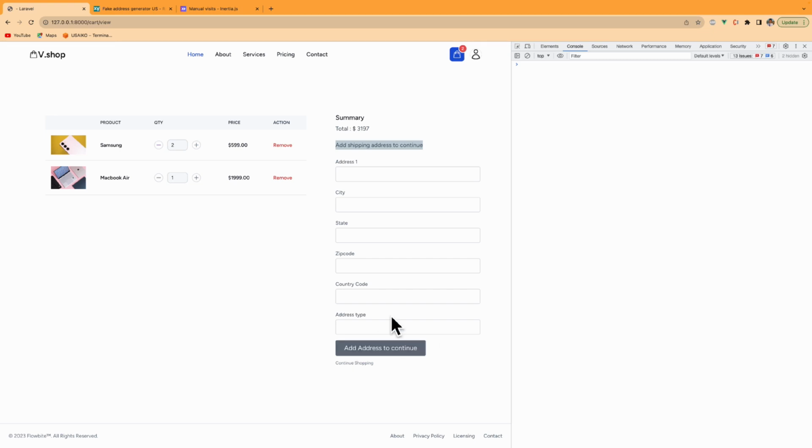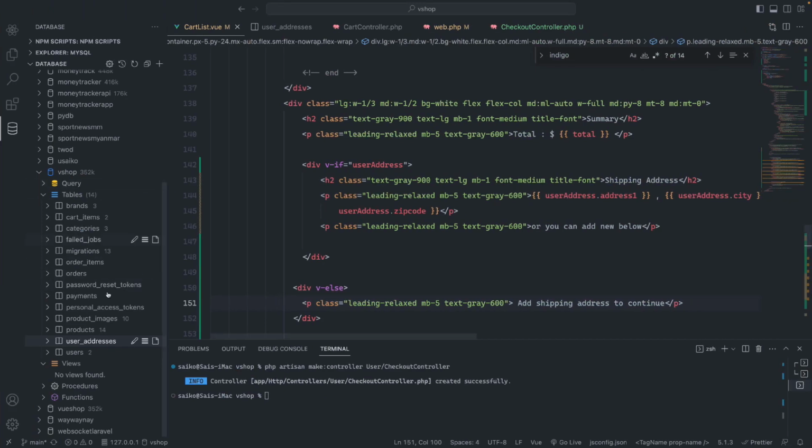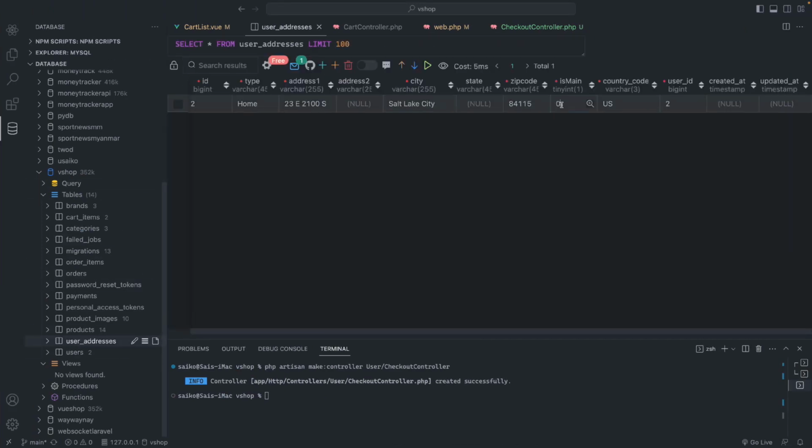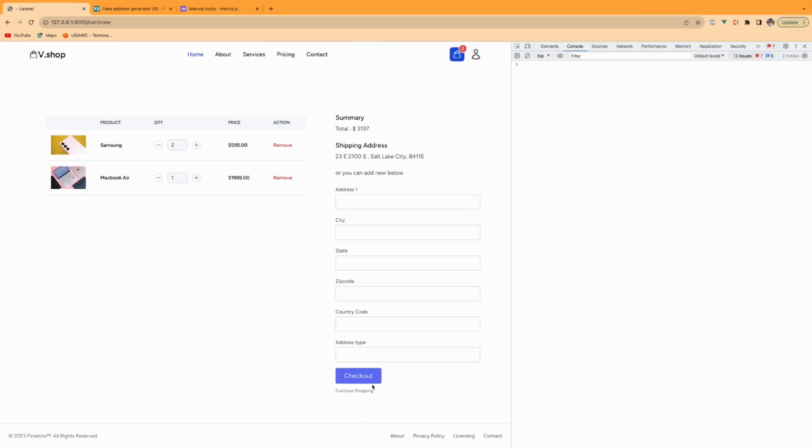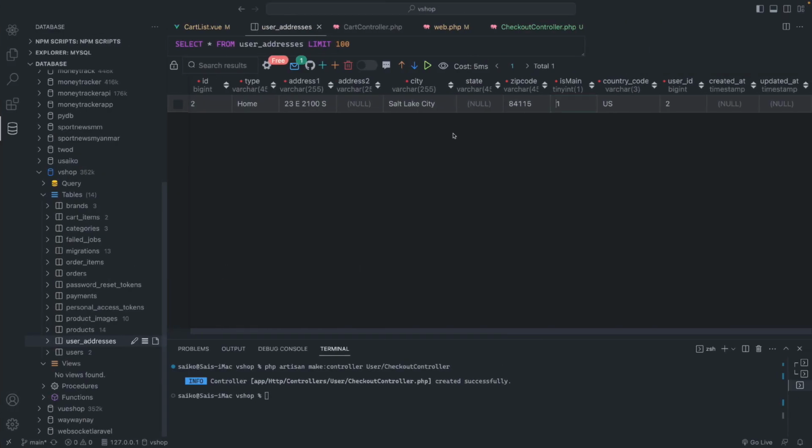Here also add shipping address to continue. That's when the user must add an address in order to continue. If not, the existing address will be shown here, and the user can continue without filling the data like this. Okay, if it is, I have one like this. So the user doesn't need to add, or it's optional. Okay, so for now,